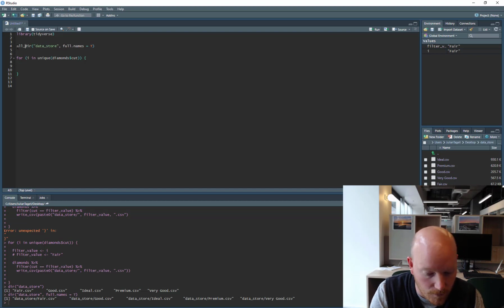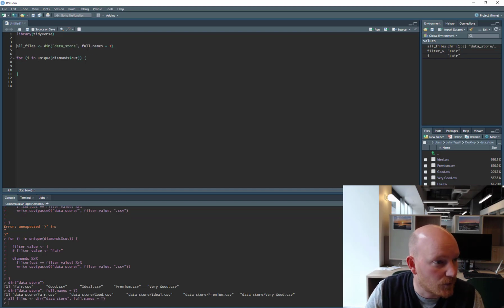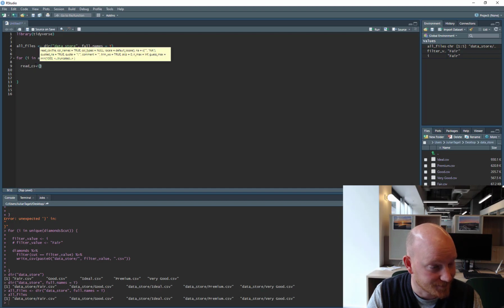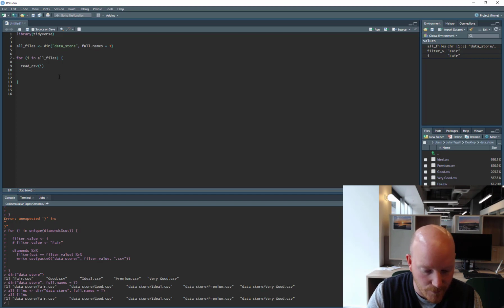So all files, we can call that our all files, and then for each of the files in the all files vector, we can do something. So we want to read CSV, and we want to read CSV I. But if we do this, you'd think it would work, but it's not going to,